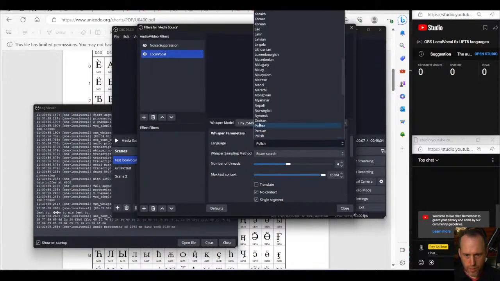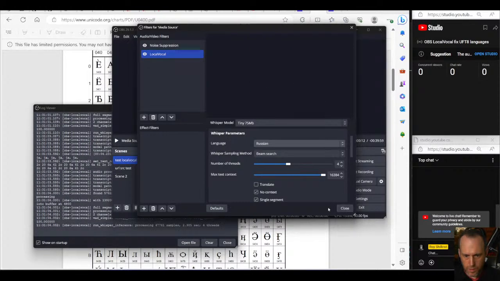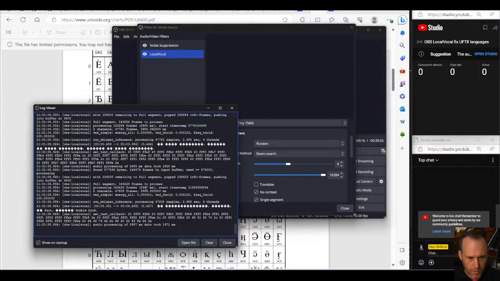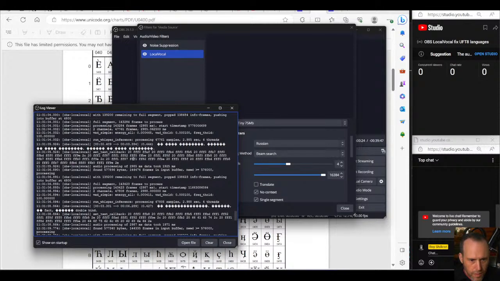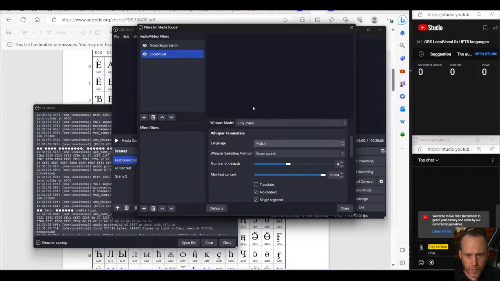Let's try this out. Russian, and see what we get. Okay, so we're getting all these characters. We get FF, F0, FFAF, FF, F0, FFBD, and that sort of stuff. We're getting F0, BD, F0, B5, F0, B7, and that sort of stuff. But when we're doing Polish,